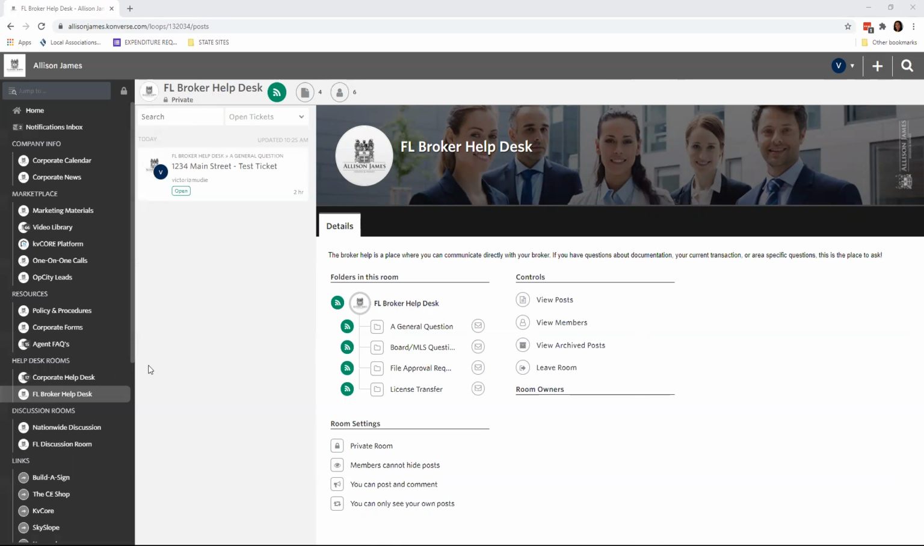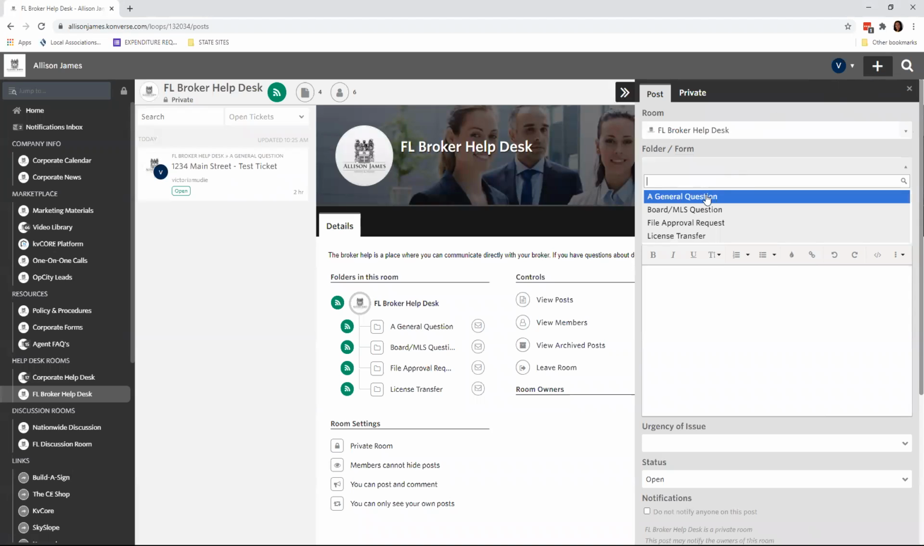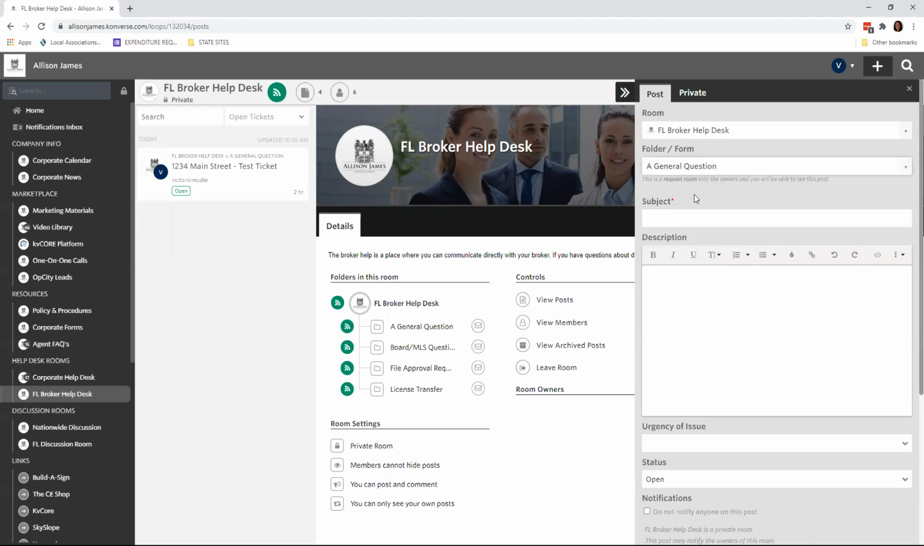If you need to contact Emily for any reason, you can just click on the plus sign here. I see that this ticket is going into the FL Broker Help Desk. You can select a general question. We have a few folders in here which we will be adding to, but you can always just select a general question and type in the subject line of your ticket,